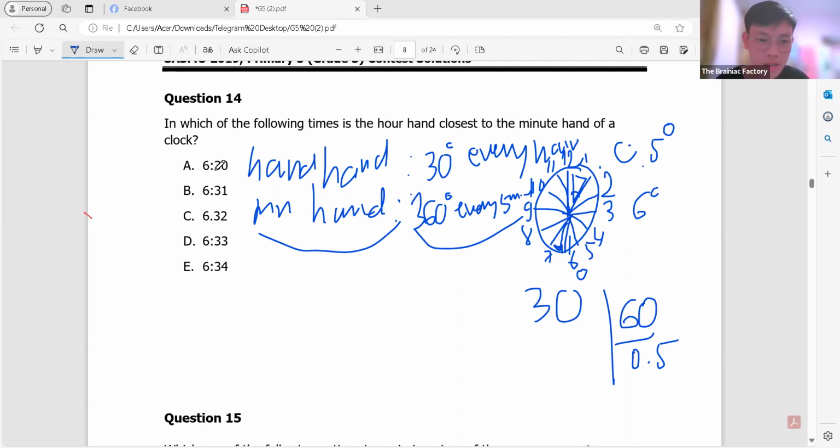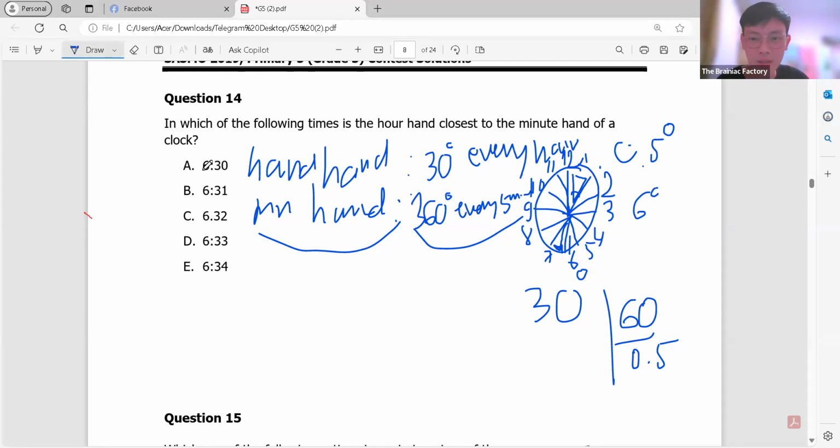But it is exactly that the minute hand must be on the 6, but the hour hand must be between the 7 and 6, so we cannot guarantee which one is the closest. So that we're gonna find